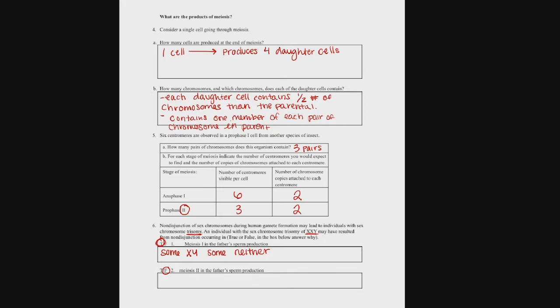So if non-disjunction were to occur, then it would either produce something with 2 X's or 2 Y's, or no X or no Y. So you can't have up here that some have XY and some have neither. You can only have in Meiosis 2, some have XX, some XY, because we've already gone through one division. We've already separated some of it. So once you separate X and Y,